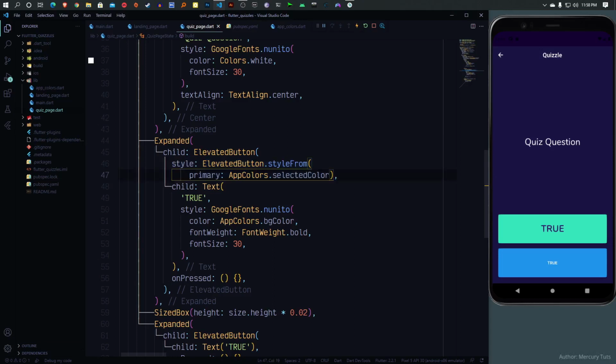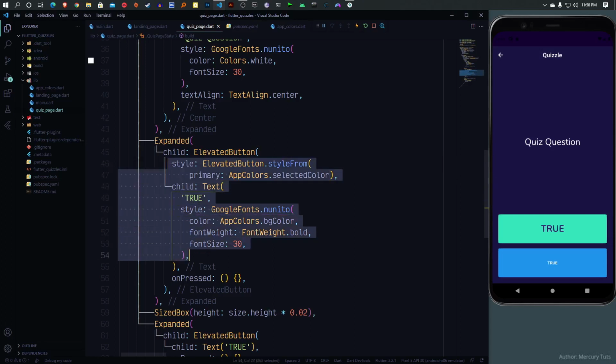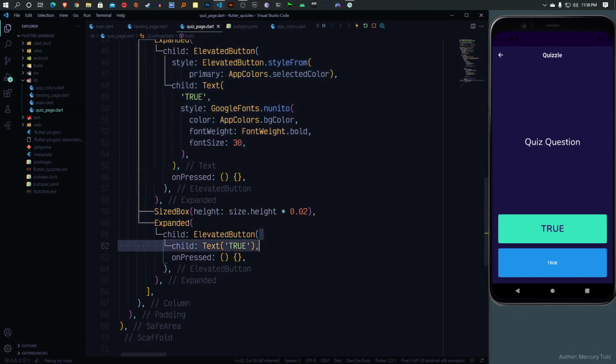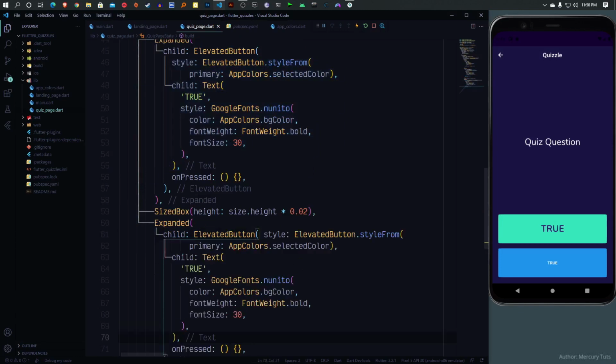So this is what I'm going to do. I'm going to grab this entire part, making sure up to the text, and copy that, and then in here I'm going to replace everything like so. And then all I have to do is change this to false,